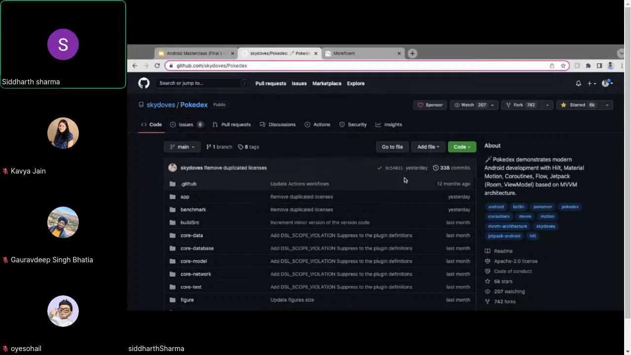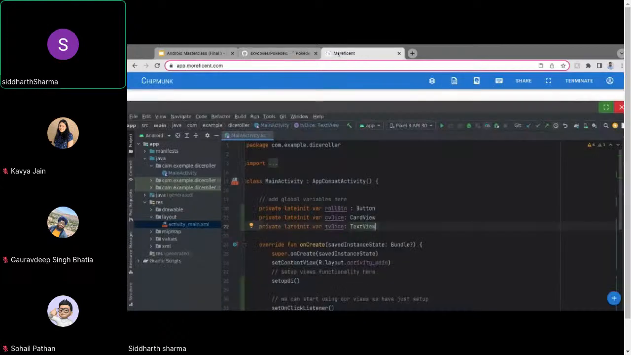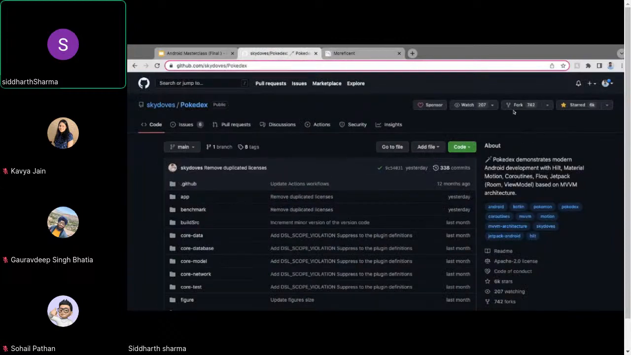And again, how exactly do we contribute? First you have to fork the project. Click on here, fork the project, and then open the forked project like we did in the Moreficent. This is actually a forked project. So you can fork this and push your code to your forked repo and then create a pull request from that. Like if I go to my repositories,